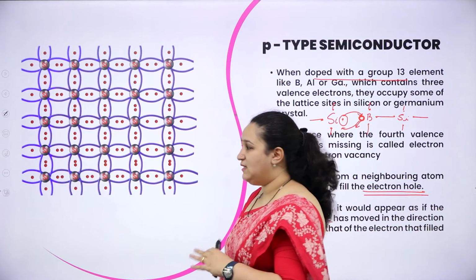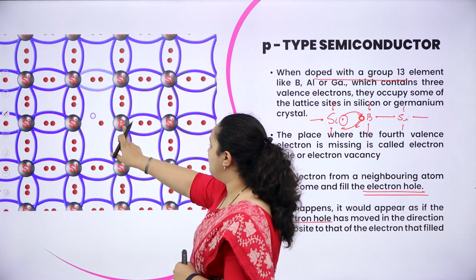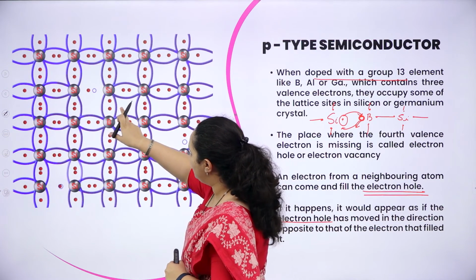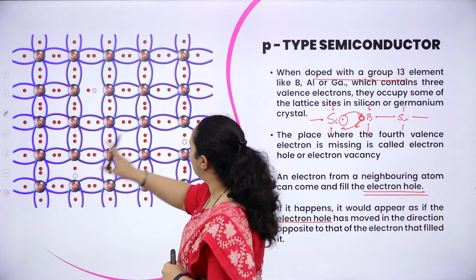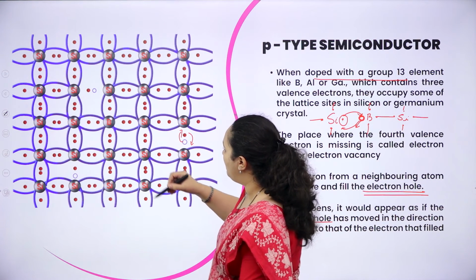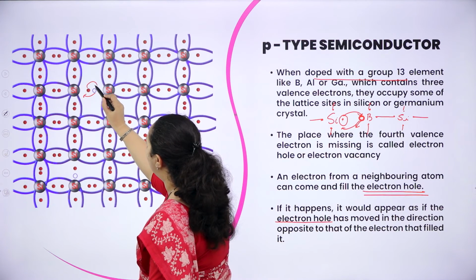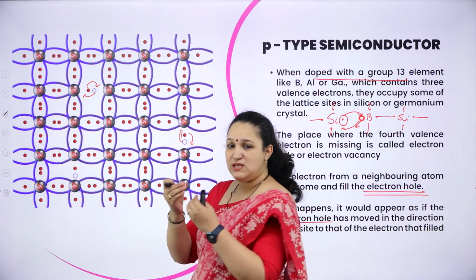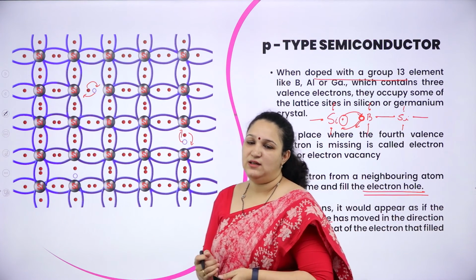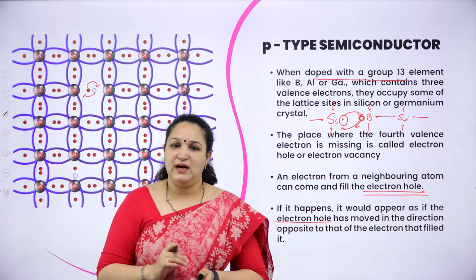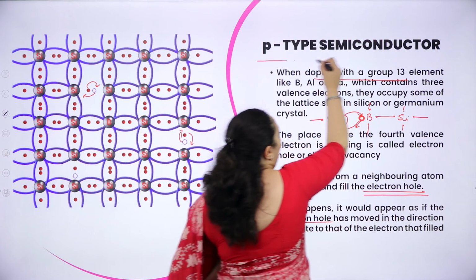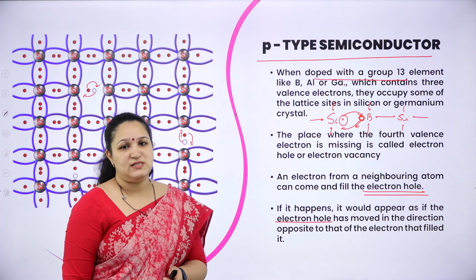For that you can understand this. See here, once boron has come, you can see where the electron is moving, the hole is moving in the opposite direction. You can see it in several places. If the electron comes like this, the hole will move in the opposite direction. Now the hole will go like this when the electron comes over this position. So it looks like the electron is moving in one direction and the hole is moving in the other direction. This type of semiconductor we call a P type of semiconductor. I hope you have understood. It is the P type of semiconductor.